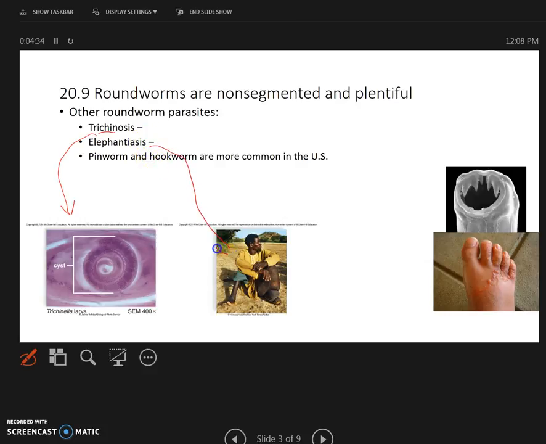Elephantiasis, where the legs, or usually the arms, become like an elephant. That's why elephantiasis. This is because of a worm, a filarial worm. And this worm is spread, guess what? By the bite of a mosquito. So here there are two hosts. The primary host is of course human, and the secondary host is a mosquito. So the mosquito bites a human being and spreads the filarial worm. The worm will block lymph circulation and you'll end up with massive swelling.